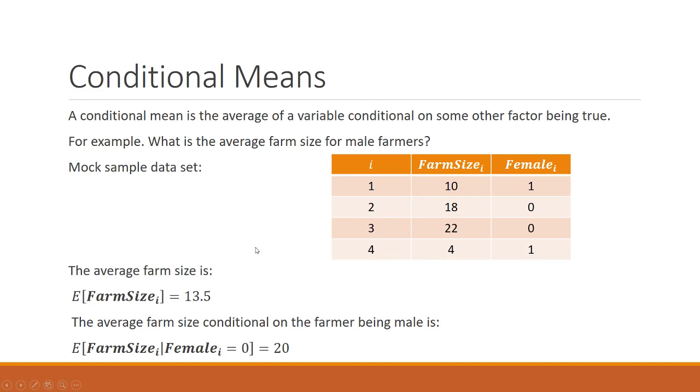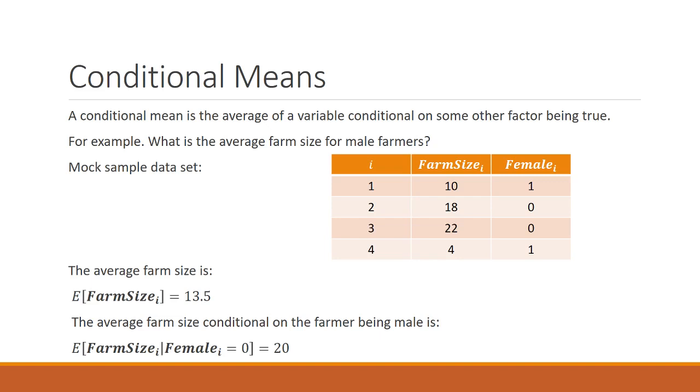Okay, with that, I want to introduce another concept, another convenient measurement that will be important as we begin to think about describing our data and looking at the effect of one variable on another. We'll get to more of that later. But let's just talk about what a conditional mean is. The mean, like I said, is the average of all the values of a variable. A conditional mean is the average of a variable